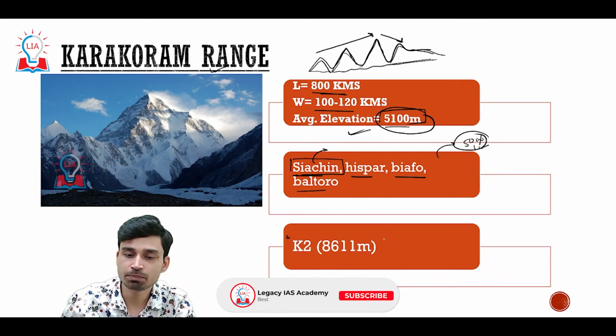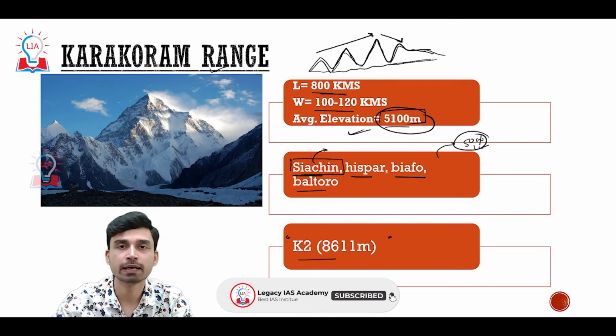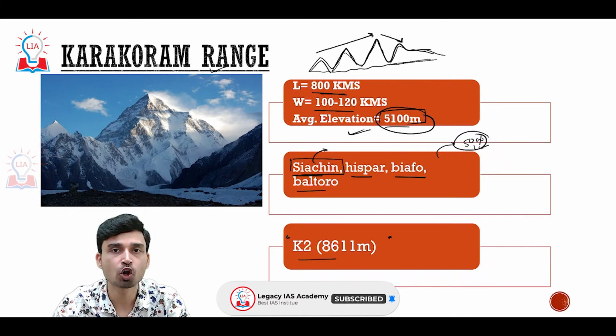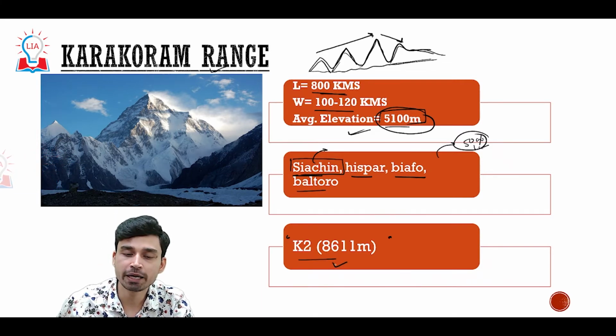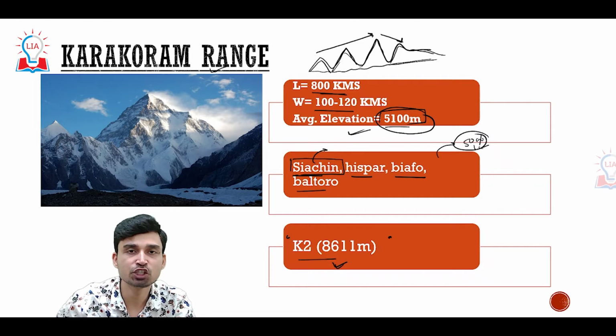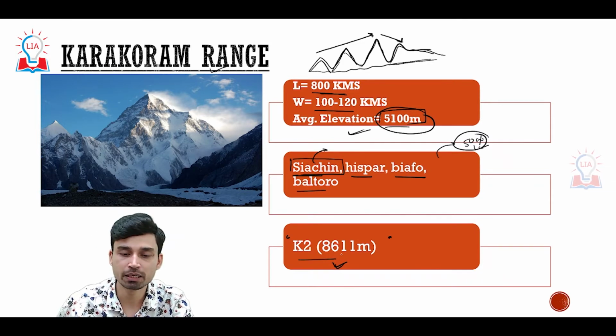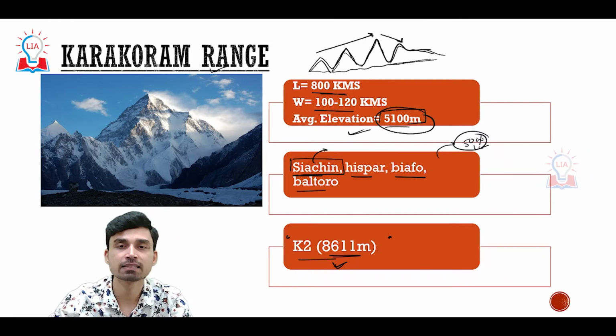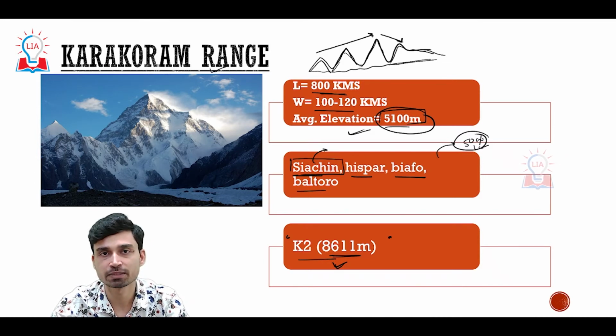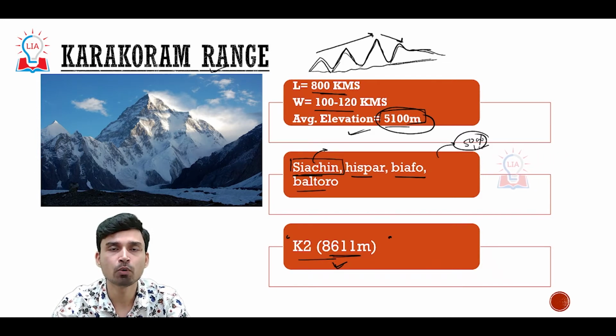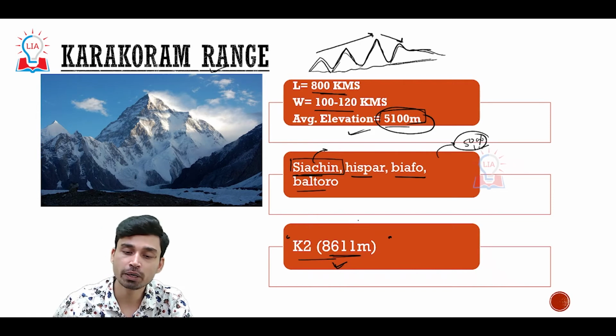The highest peak of the Karakoram Range, located in Pakistan-occupied Kashmir, is Mount K2, which is a very pyramidal, steeply rising, conical kind of peak at an altitude of 8,611 meters. The important point about Mount K2 is that though it is slightly lower in elevation than Mount Everest,